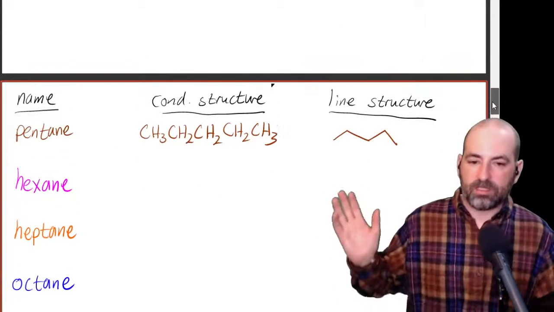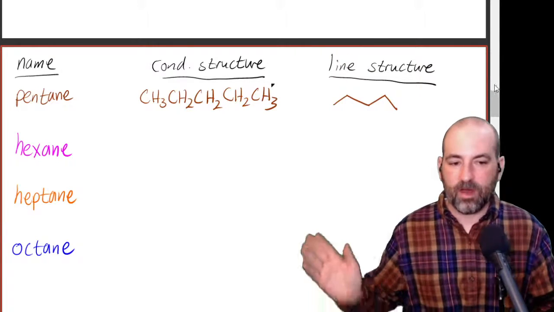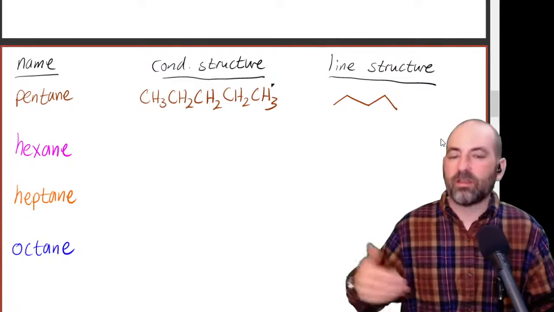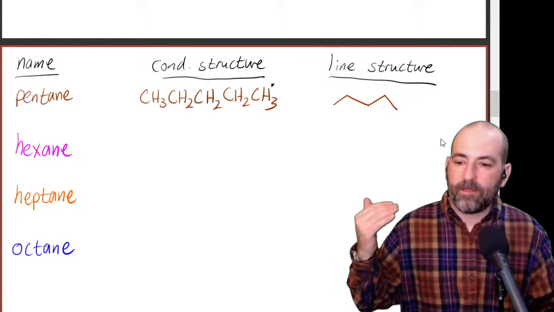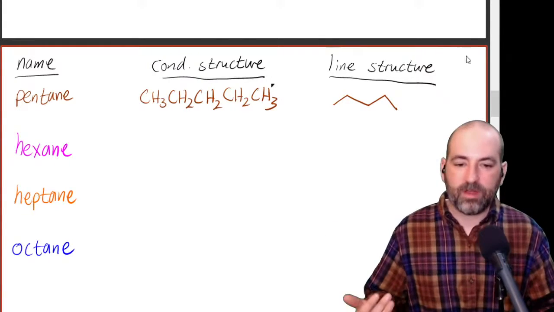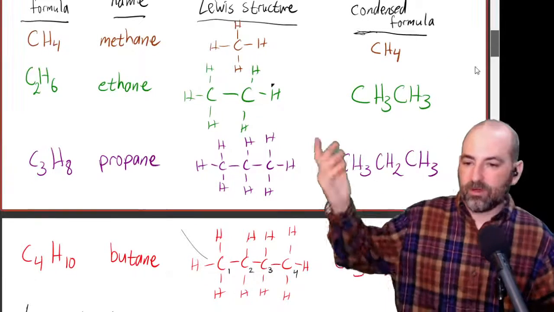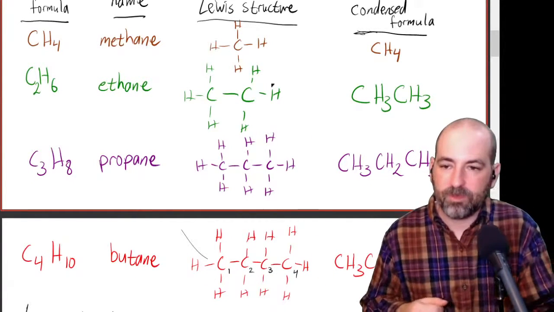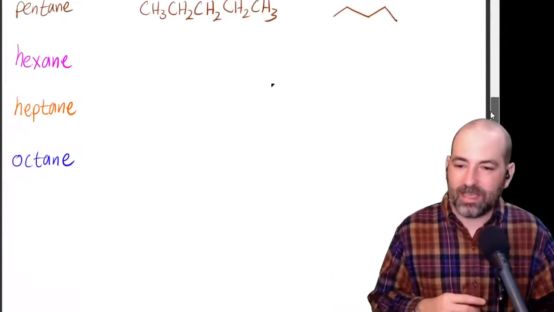One thing you might notice is the names all kind of make sense with how many carbons there are. Pent means 5. It's a common prefix like pentagon. Hex, like when we were doing the naming. Hept for 7, oct for 8. That's not the case with the first 4 alkanes. They all have their own different names: methane, ethane, propane, and butane. So you will have to memorize those. The other ones at least kind of make sense, I guess.